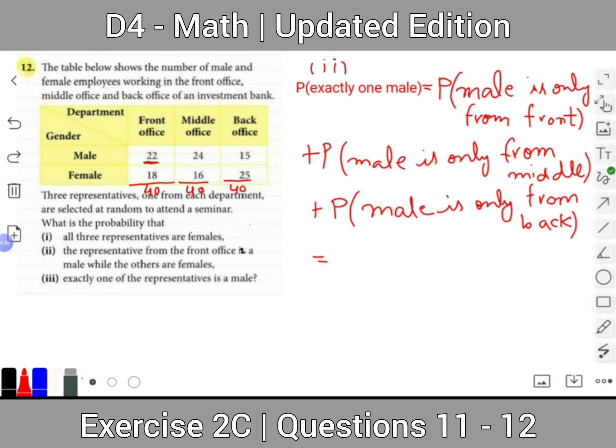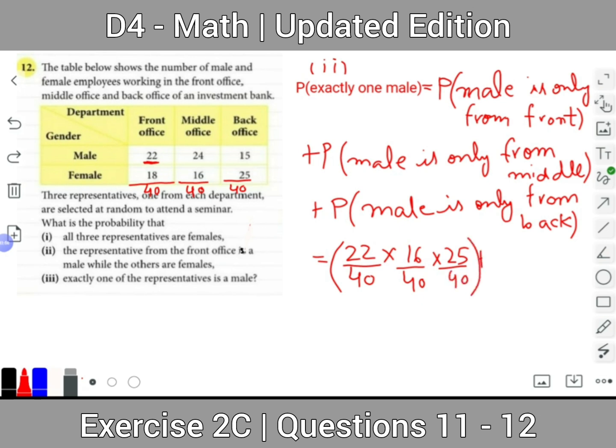So the probability that male is only from front: in the front office number of male is 22 over 40, multiplied by the women in the middle office and in the back office. Number of women in the middle office is 16 over 40, multiplied by in the back office is 25 over 40,